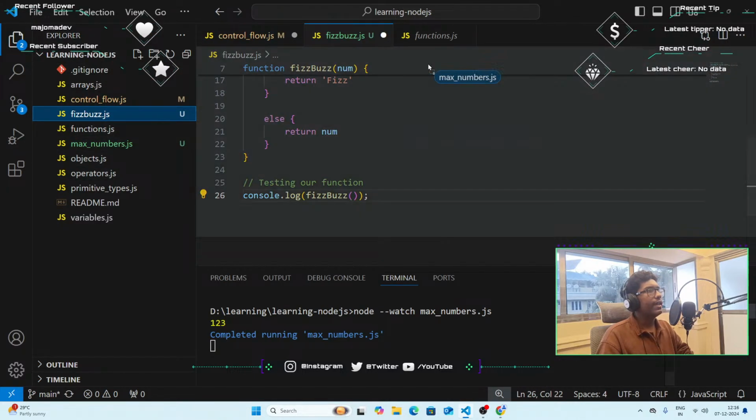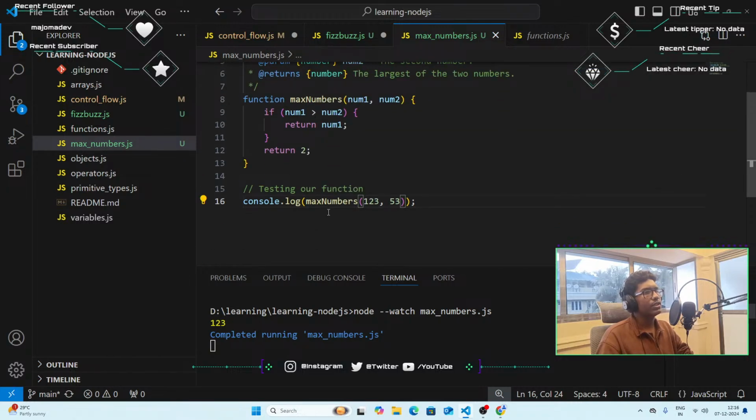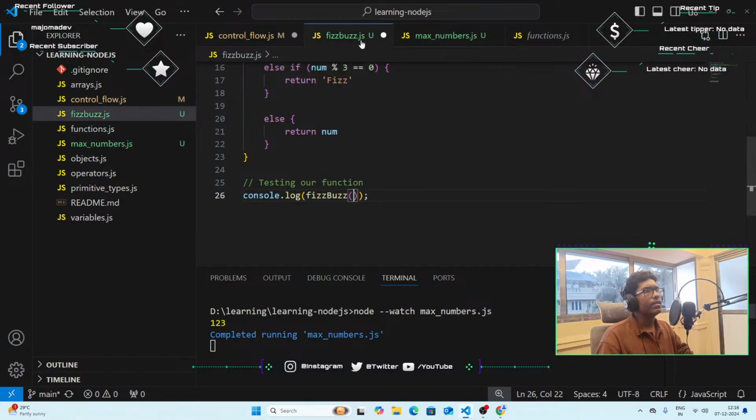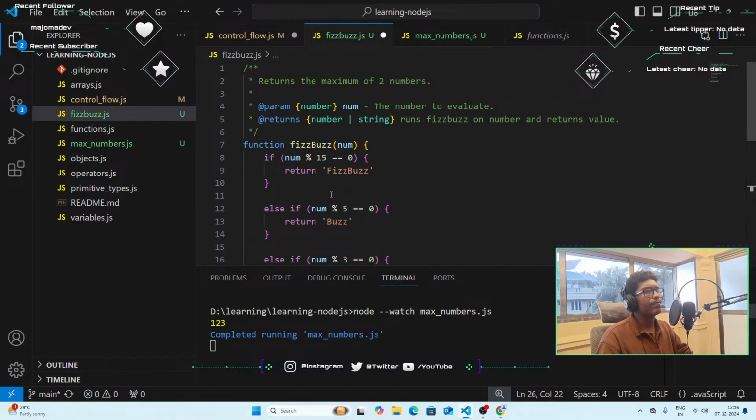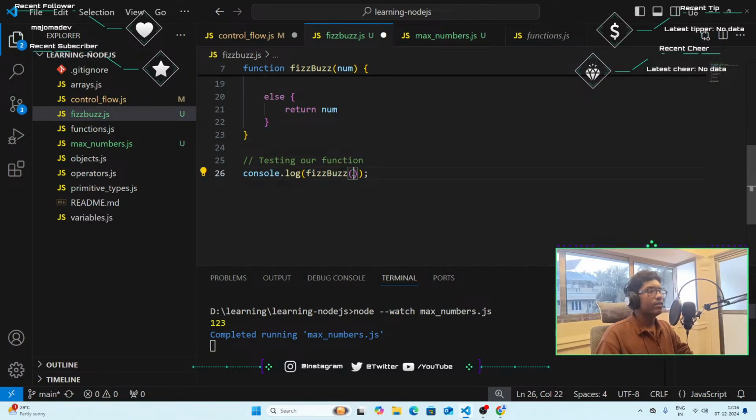I'm just checking whether in max numbers it returns. It doesn't show you what the return type is. We just... yeah. No, this is the... okay. So what, does it say number or string? Yeah, it does say number or string. Wait. So let's give it